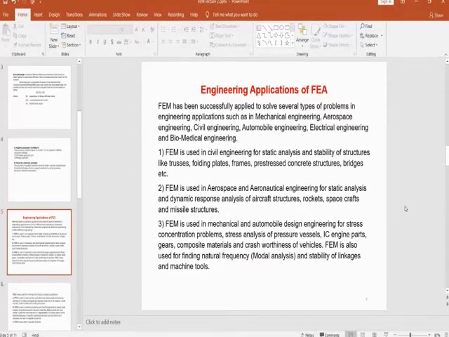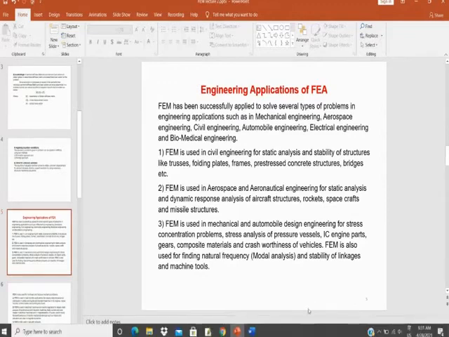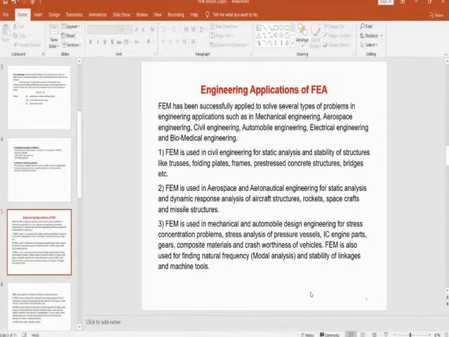Okay. Then FEM is also used for finding natural frequency. While studying vibrations, you come to know what natural frequency is. Natural frequency is a material property for any component. It depends on the geometry of the component and the material of the component. And if the externally excited frequency matches the natural frequency, then resonance occurs and large vibrations are accompanied, due to which the body may fail.